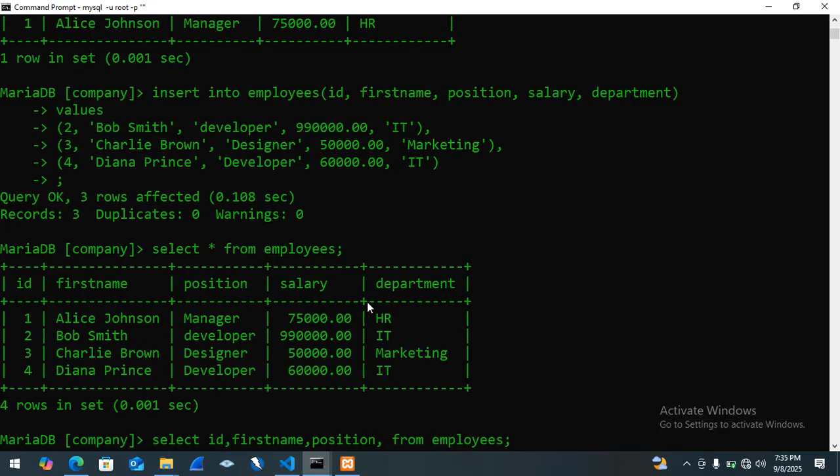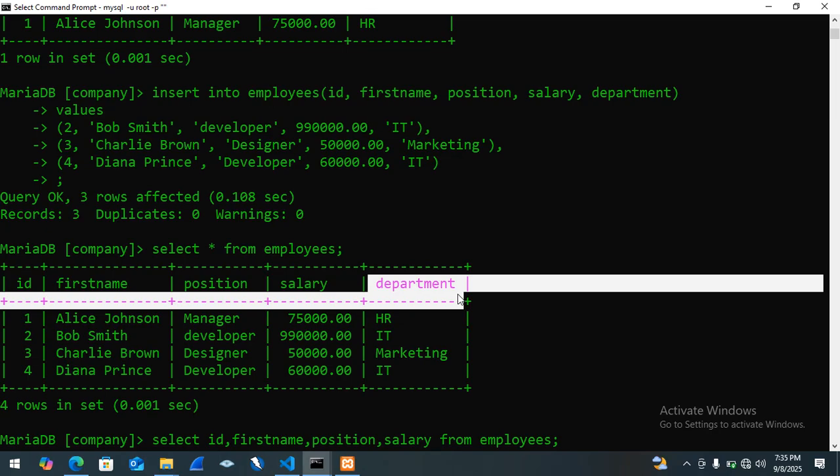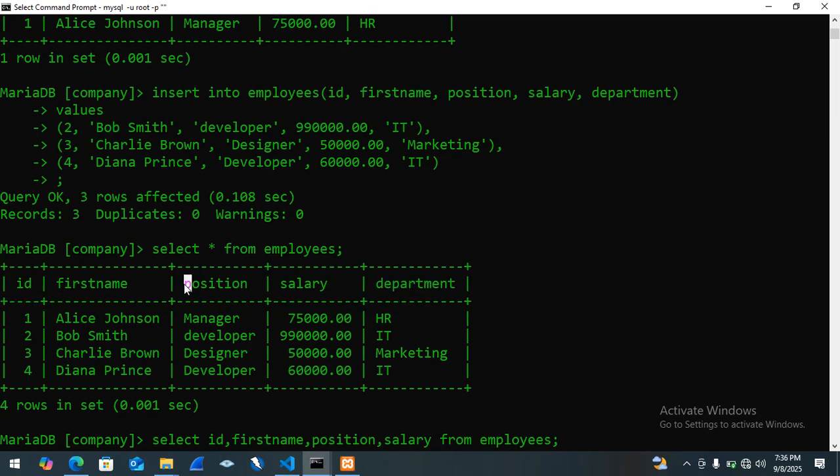Then we don't want the department. The position will determine the department, we all know that. So we are not going to specify the department because we don't want it. Obviously, if you see someone's position, you will get to know the department where that person falls. Okay, so if we